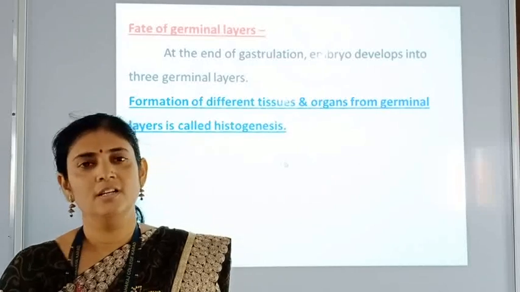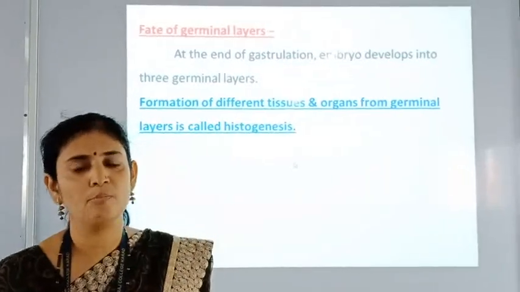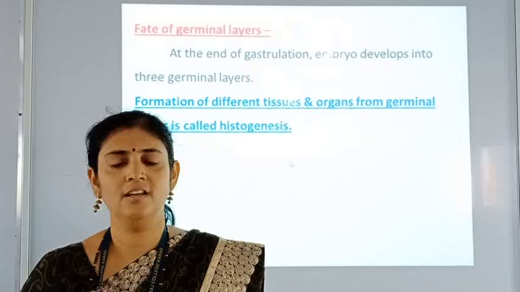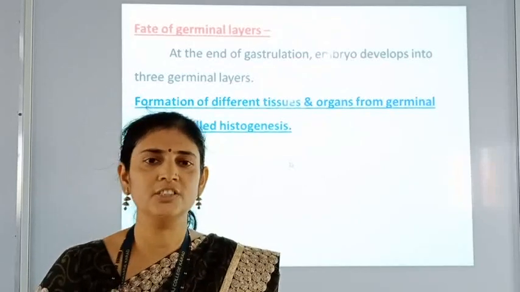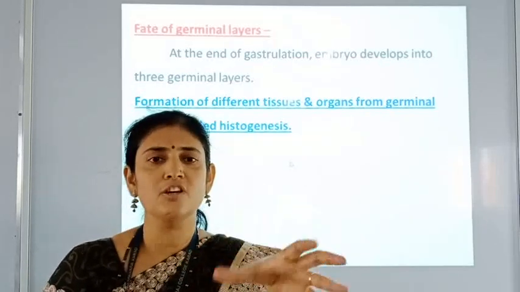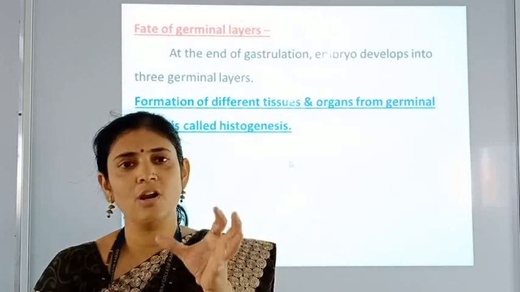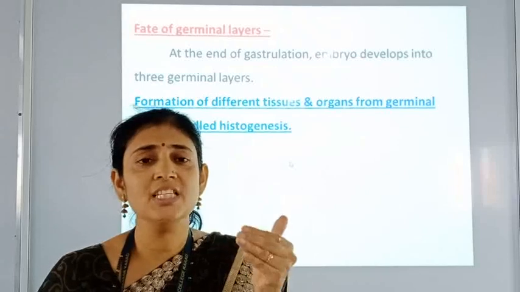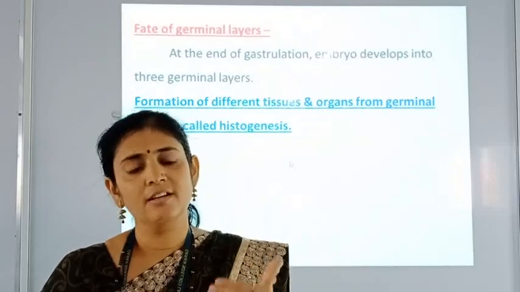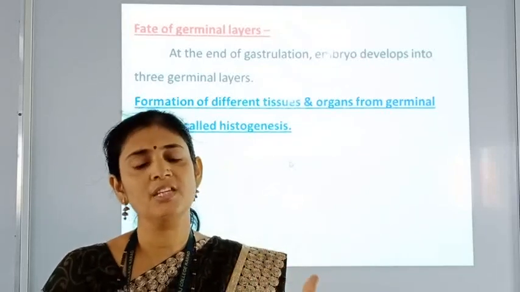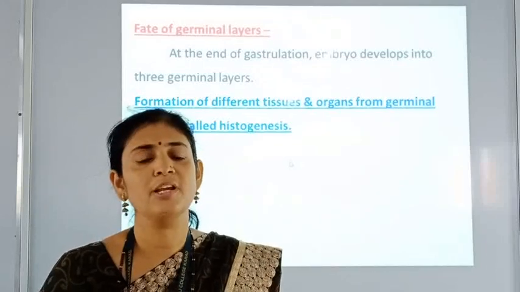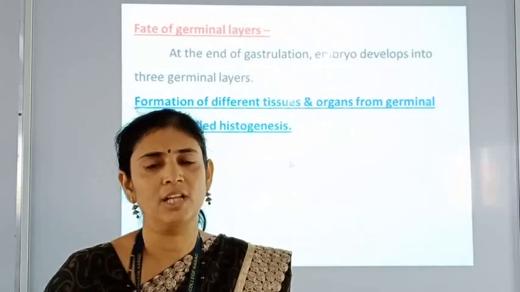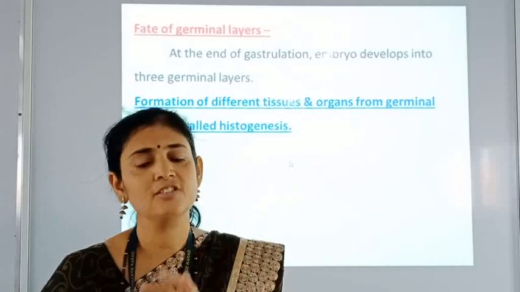So after seeing this video of the formation of these three germ layers, now the next point of our discussion is the fate of these germ layers, means which organs or organ systems are formed by these three germ layers, and this is called as the fate of three germ layers. म्हणजे ह्या तीन जर्म लेयर पासून कोणकोणते ऑर्गन्स तयार होतात, त्यांचा मार्ग काय आहे, that is called as this fate